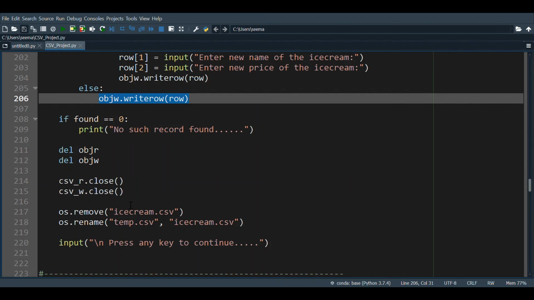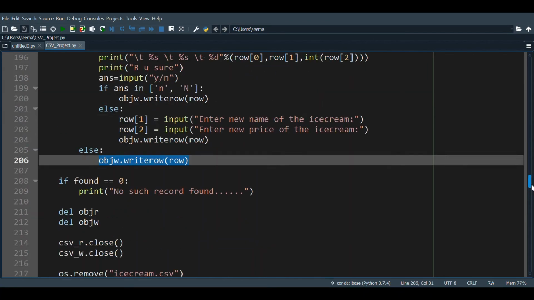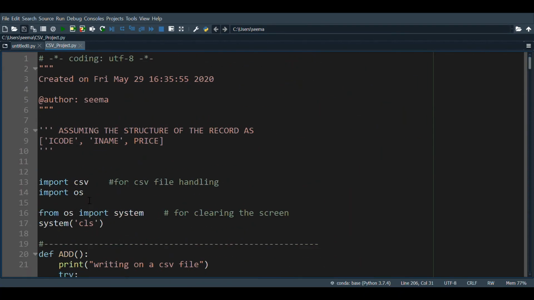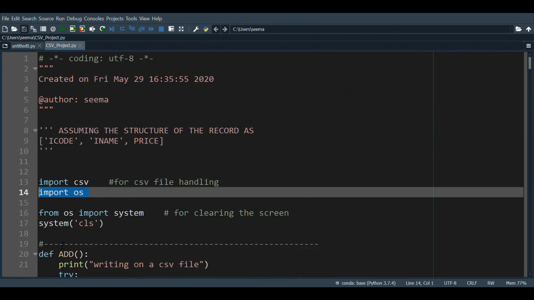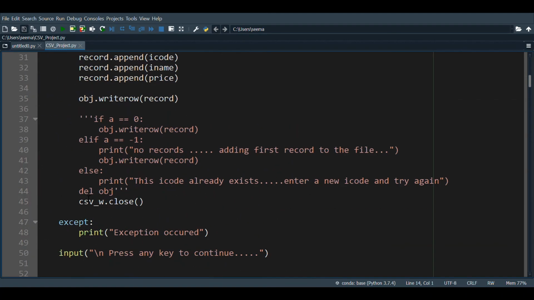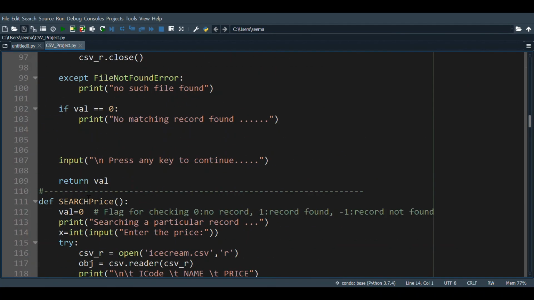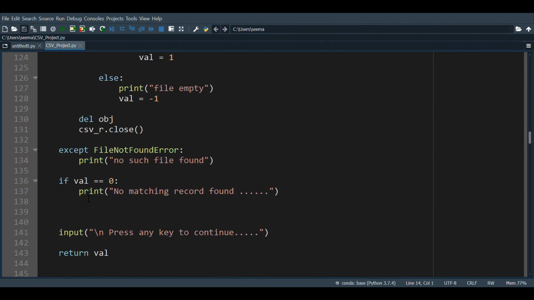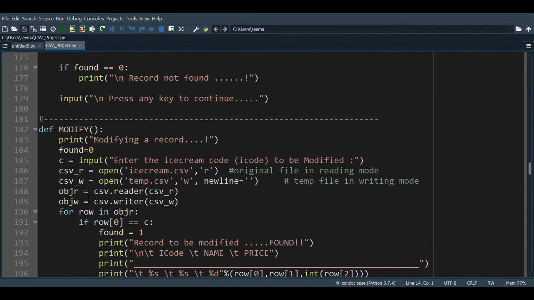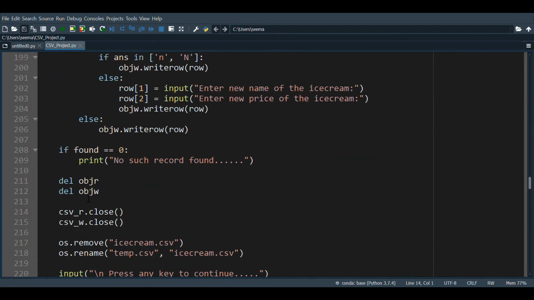After this, I am using two methods which are defined in the OS library. I have told you earlier also that at the top, I have imported this library OS, and with the help of this OS library, I will be deleting the original file and then renaming the temporary file with a new name.